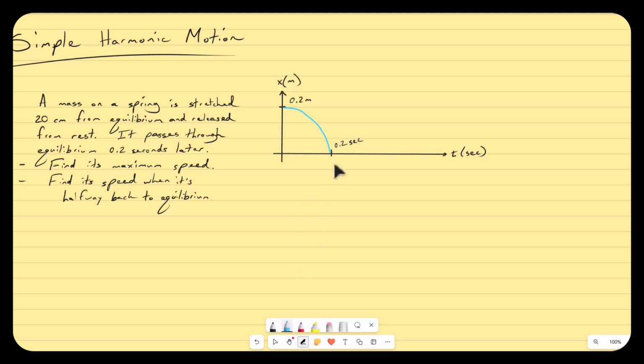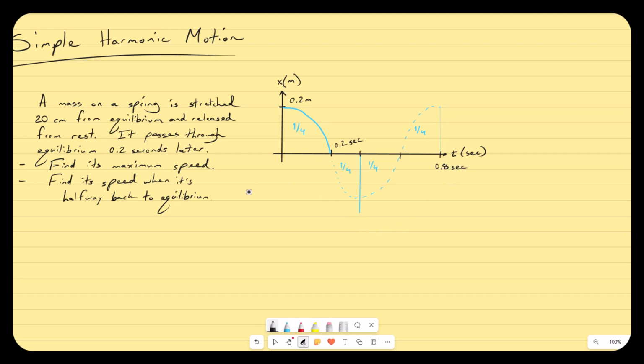So if I were to continue this drawing, I would get something like that. This thing is a quarter wave. If I cut this in half, I've got a quarter wave here, a quarter wave here, and then to get back up, I've got a quarter wave. So I have 4 of those, which means if this is 0.2 seconds, then this one is 0.4, 0.6, and this is going to be 0.8